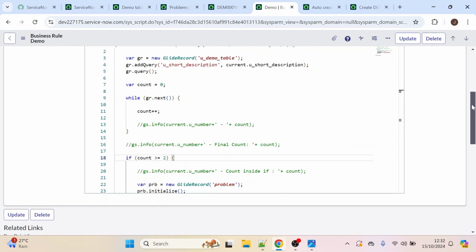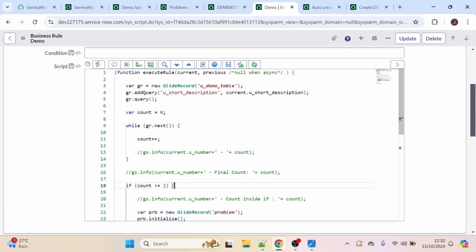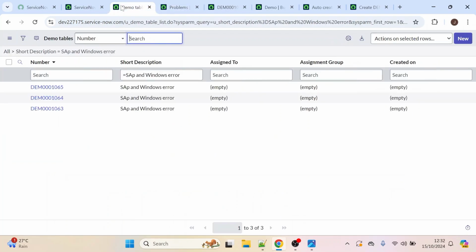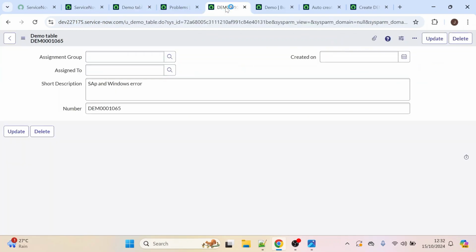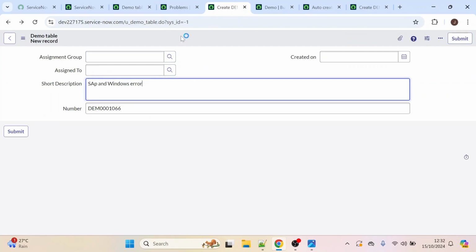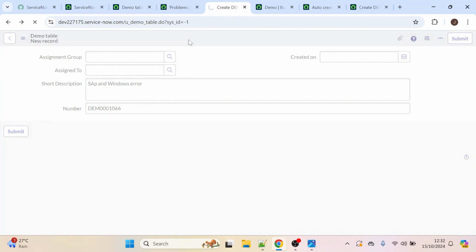Okay, we have to think more about this use case and we have to build an advanced script for this. So this video I have created just to show you the differences between before and after business rule for this scenario. Okay, so now let me create one more record. Windows error. Click on save